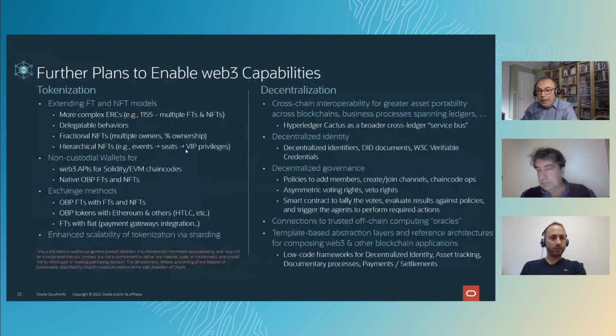Now, we have a lot of plans actually to further enable this. We are working on additional tokenization capabilities such as ERC 1155 with delegatable behaviors. And you're going to see fractional NFTs. You're going to see also hierarchical NFTs coming out, non-custodial wallet support, exchange methods of various sorts, more decentralization capabilities as well, cross-chain interoperability, not only with Ethereum, but using Hyperledger Cactus as a broader kind of service bus across